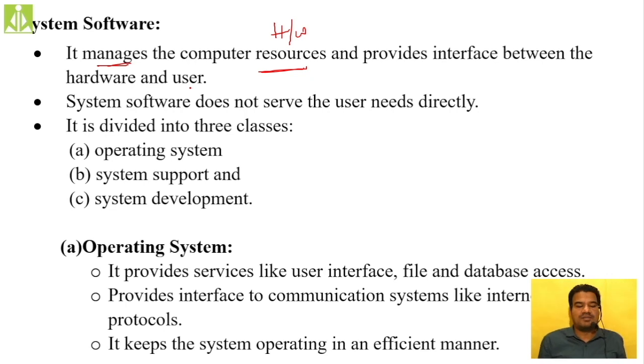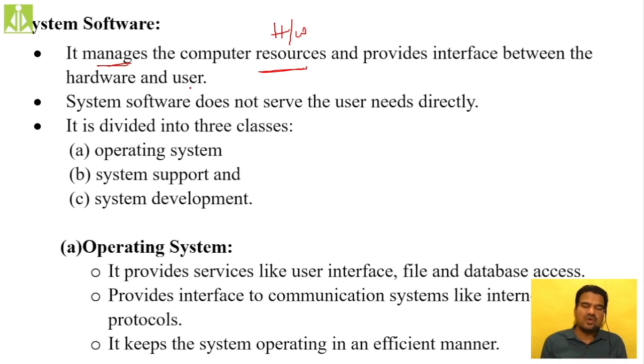Yes, quickly we have to wind up this thing. So what is an operating system? It provides services like interfacing. First of all, how the user is going to interact with the system, that type of interface it will give. Interface is nothing but it will give you the icons. When you turn on the system, the operating system will turn on. So when the operating system turns on, what you will see on the computer are the icons, the interfacing points, isn't it? The icons, the taskbar, the menu bars, all these things you will see on the computer screen. This type of thing we call the interface, user interface, graphical user interface.